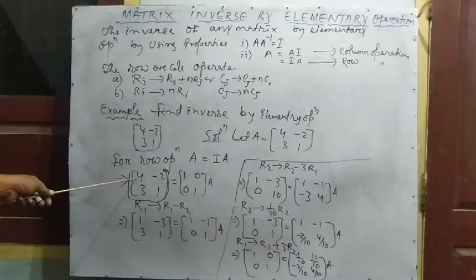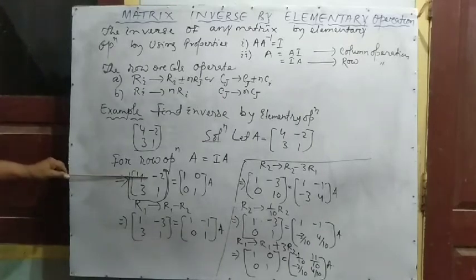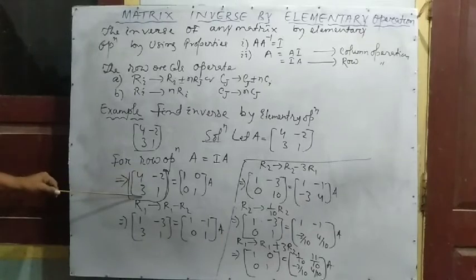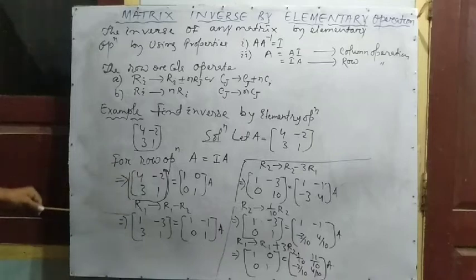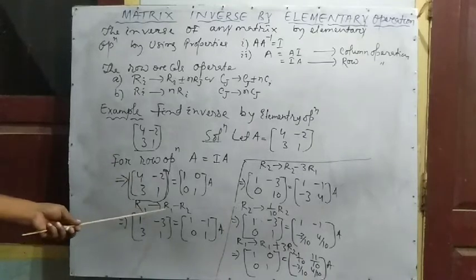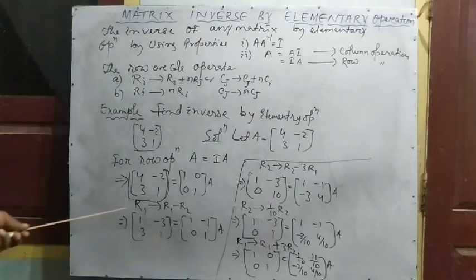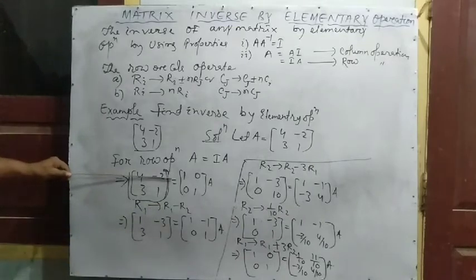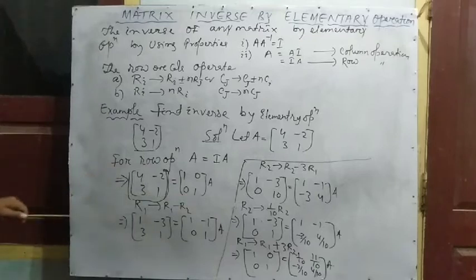Here 4, we have to change this one into what? 1. Here in row number 1 is the 4, in row number 2 here it is what? 3. Now subtract 4 minus 3, then we get what? Means row number 1 minus row number 2. Row number 1 changes, row number 1 minus row number 2. When row number 1 changes, you should not multiply anything with row number 1. You remember this? So you will get row number 1 minus row number 2. Only row number 1 changes. Row number 2 does not change.